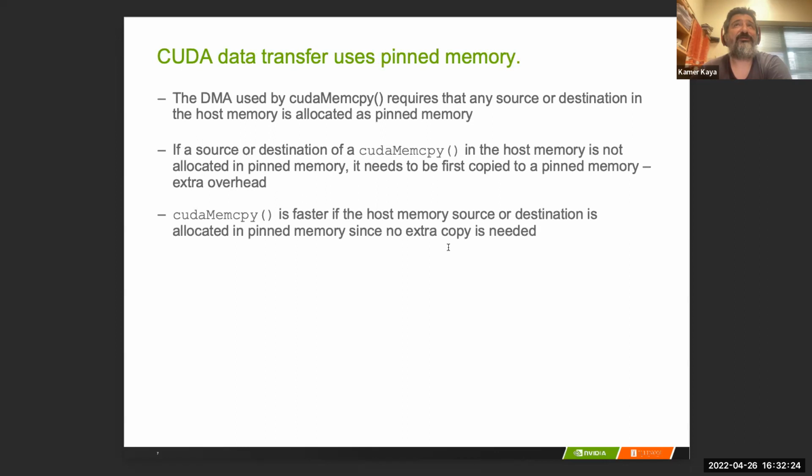If a source or destination of a CUDA memcopy in the host memory is not allocated in pinned memory, it needs to be first copied to a pinned memory, which is extra overhead also. Then it will be brought to the GPU by the DMA. So CUDA memcopy is faster if the host memory source or destination is allocated in pinned memory, since no extra copy is needed. So you need to be careful,